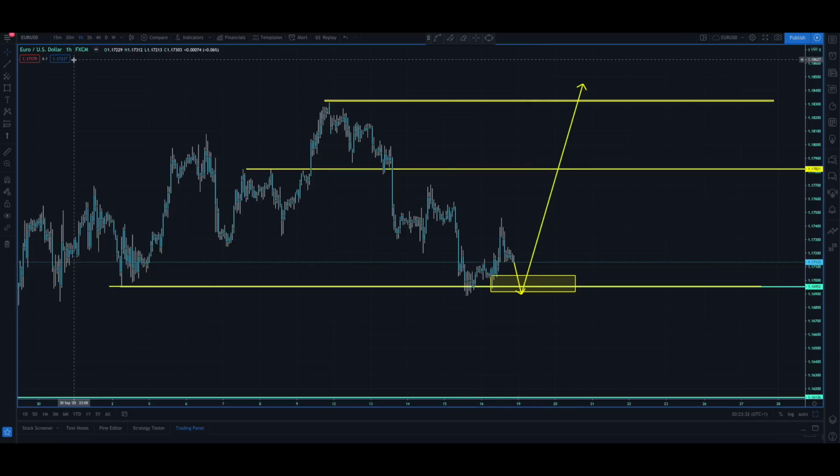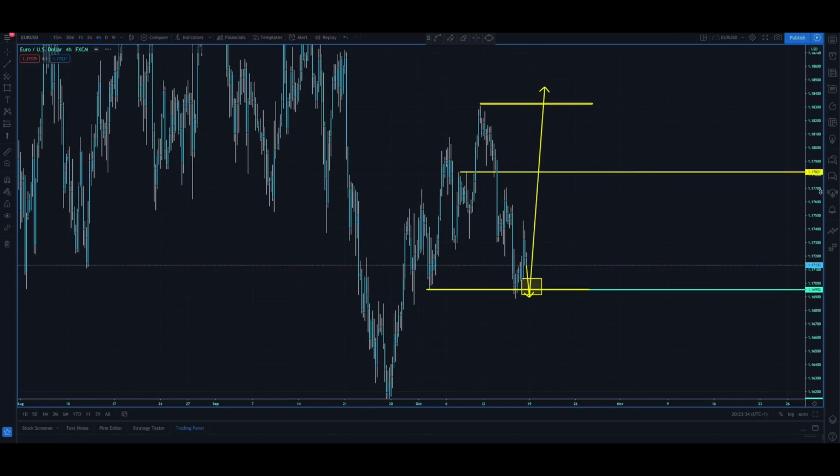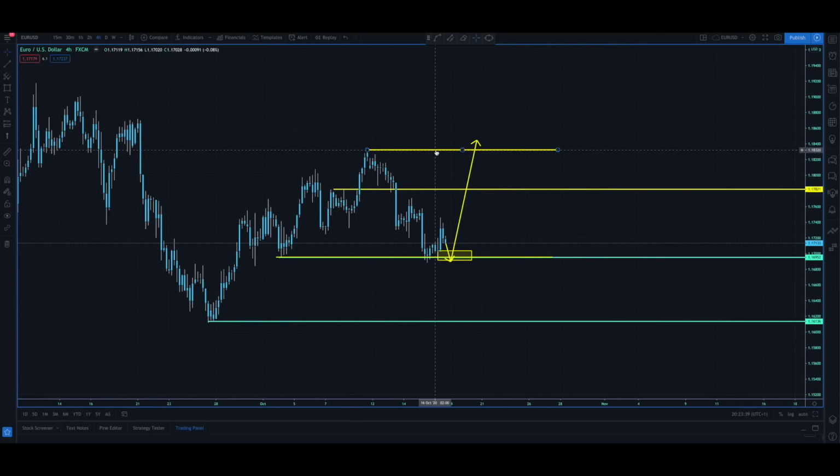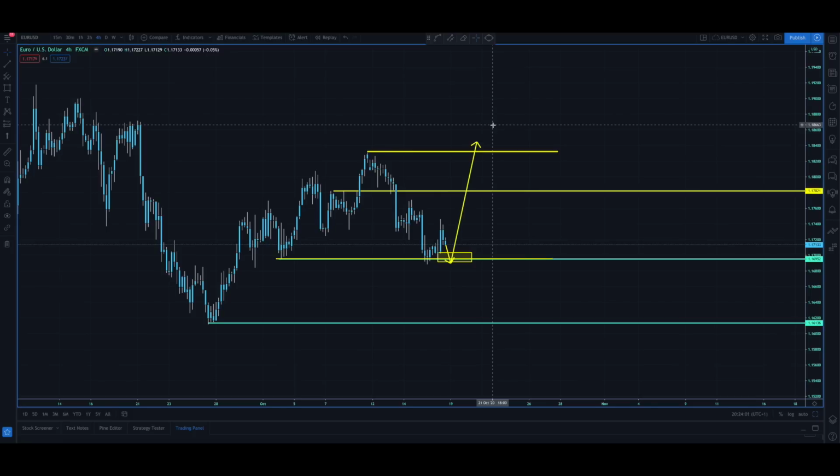If we find support here, guys, I do think that we could see a good push up here for Euro USD. We could come up long term, back above 1.1832, take out this prior high and continue this move. High, high, high, low, high, high, high, low, high, high. But we're still on this high low here. Well, as long as we stay above this area, we can still see this push up and continue to make a new higher high, and we could come up and make a new higher high here as well. Euro GBP,